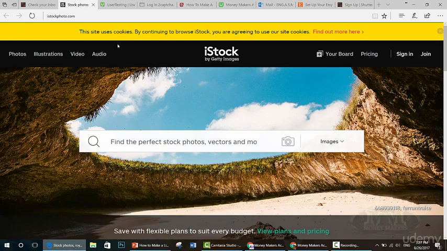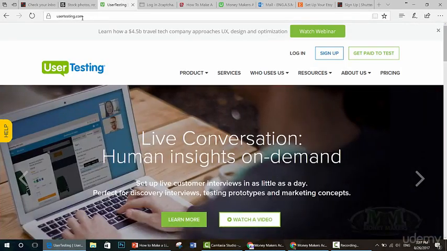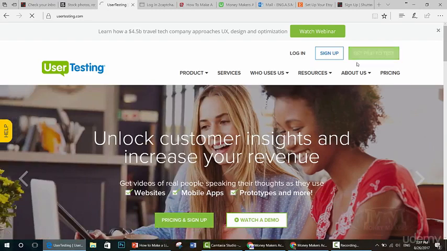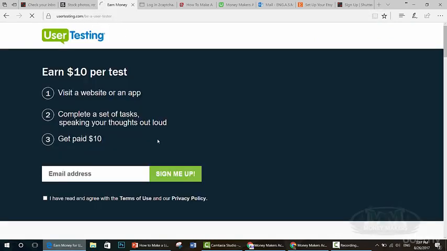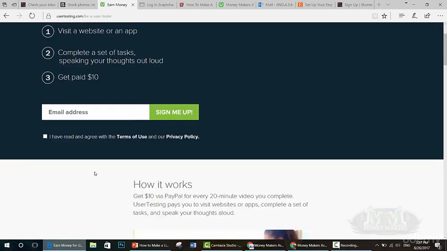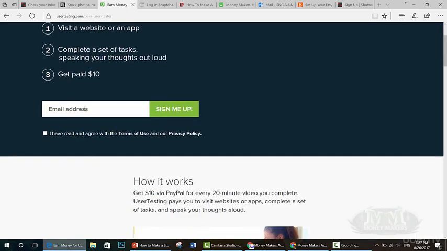You can simply go to the usertesting.com website and sign up, or click on Get Paid to Test. Once you click on it, it will redirect you to the Be a User Tester page. Visit a website or an app, complete a set of tasks, speaking your thoughts out loud, get paid $10. As you can see, you just need to enter your email,